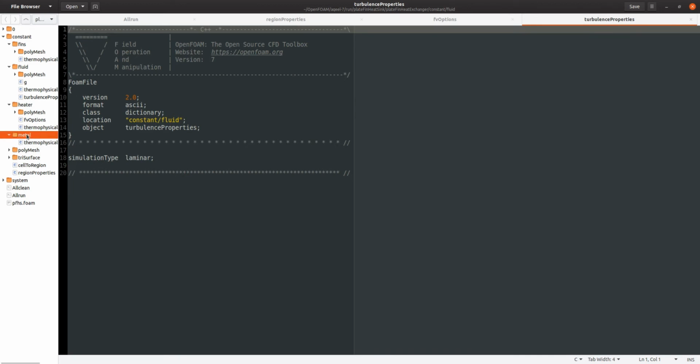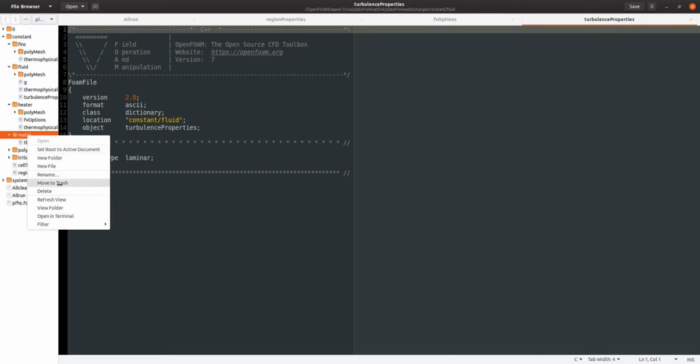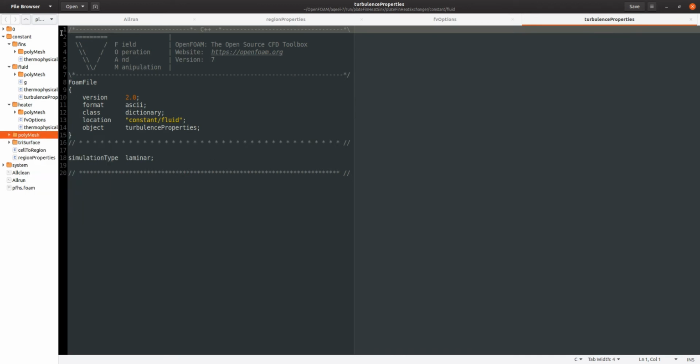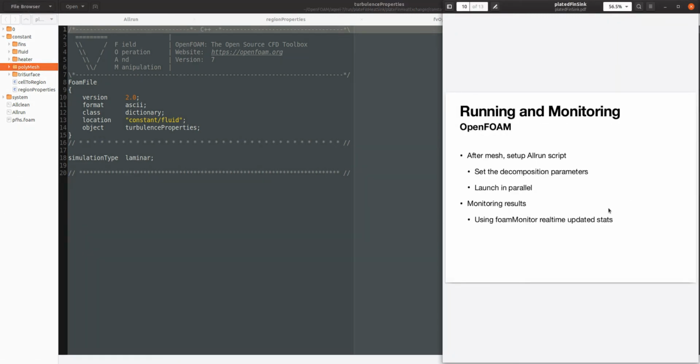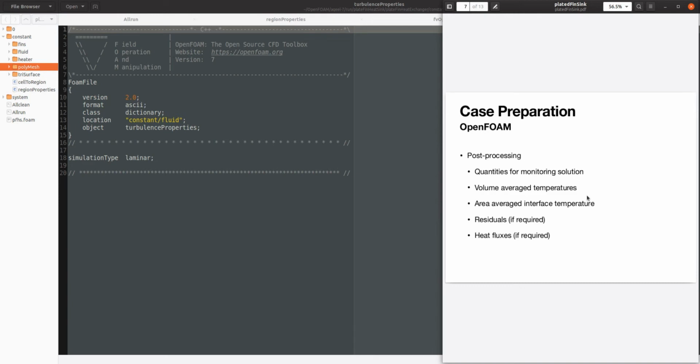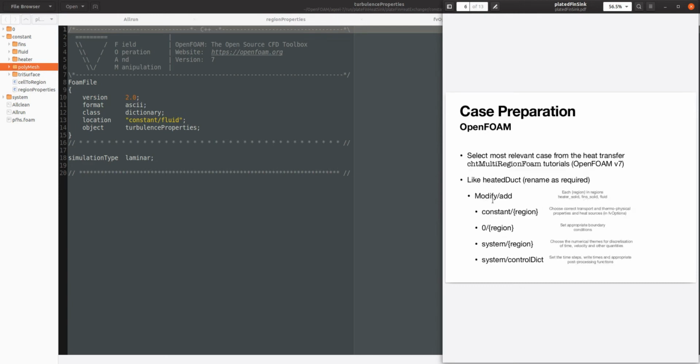We don't need this metal, so we can just remove it. And the next step, so we have now